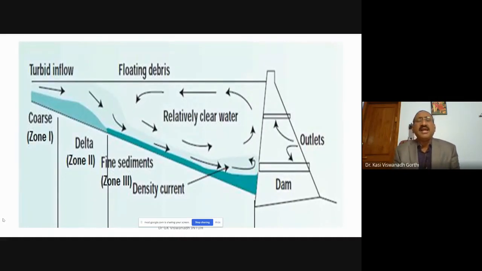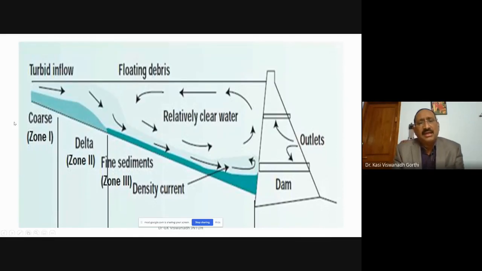Because wherever the velocity of the flow of water is high, the silt particles get detached and move along with the flow of water and join at a place where the velocity is less. That means it gets deposited. This is what is called silt deposition or sedimentation.